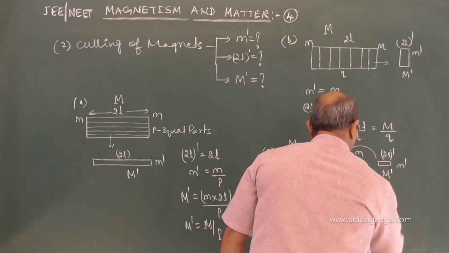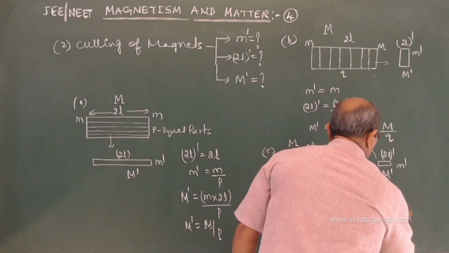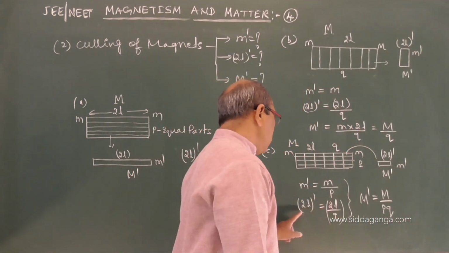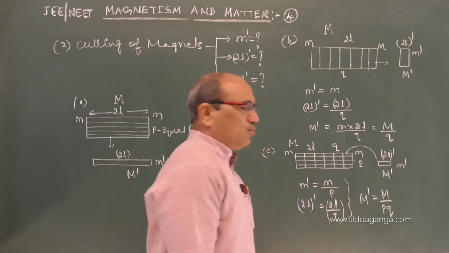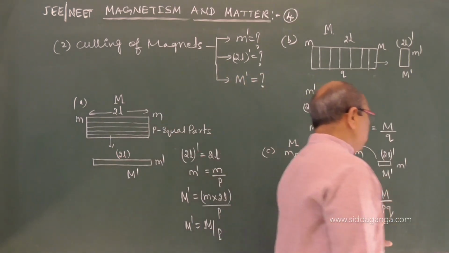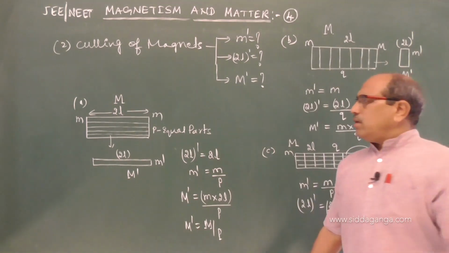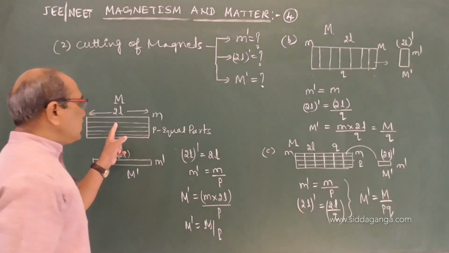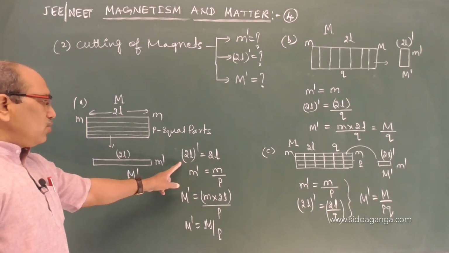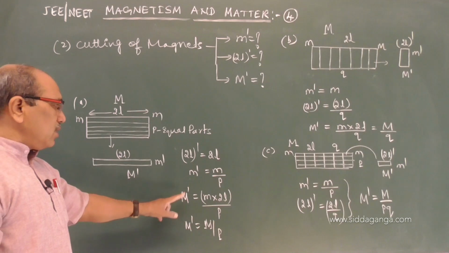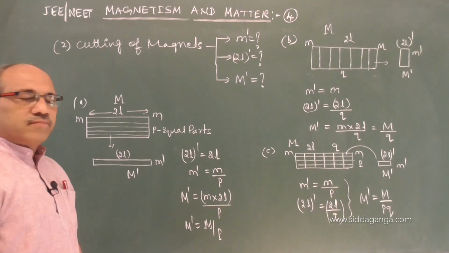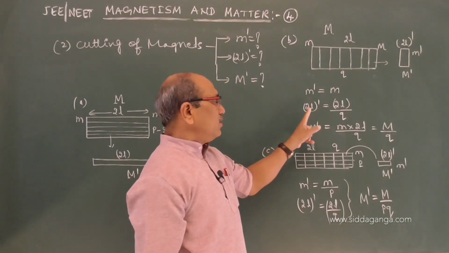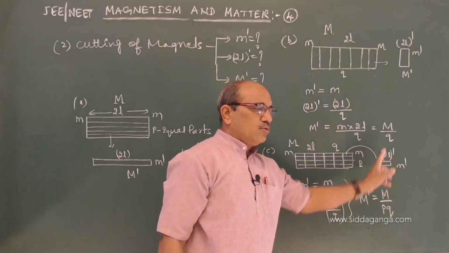Therefore, magnetic moment M dash is equal to M divided by PQ, because M is also decreased by Q and L is decreased by Q. Therefore, moment decreases upon P by Q. Correctly remember this. Along the axis cut, length does not change, moment decreases by P and also pole strength decreases by P. Perpendicular to the axis cut, pole strength remains same, length decreases by Q and moment decreases by Q.